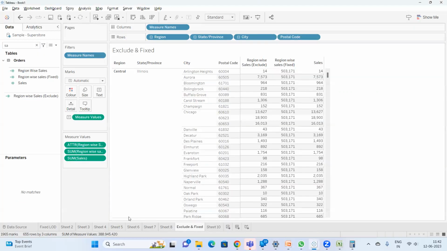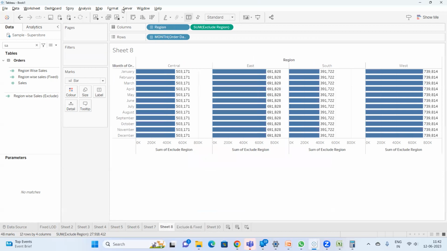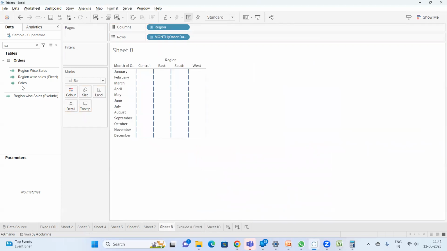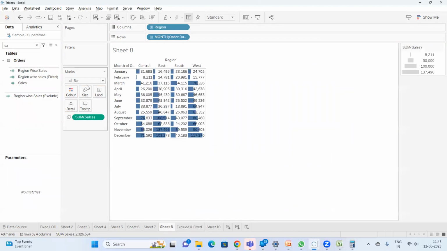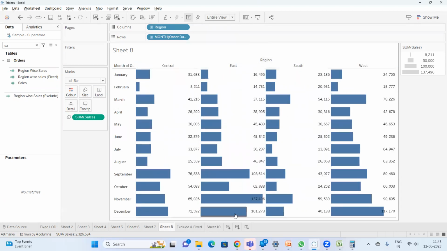So I'll just show you the comparison. So if we go here, instead of this, I'll take sales. Okay, so basically I'm able to see region-wise values, all region-wise values I can see, but I also want to see it overall. In an overall view, I want to see in which month I have better values. So I will write a calculation